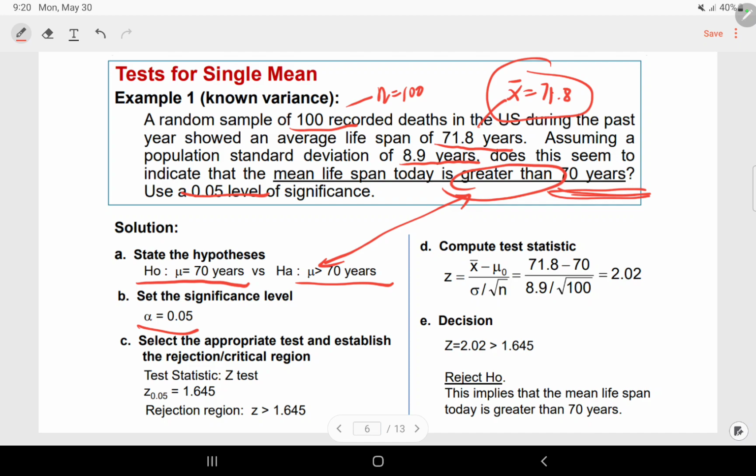So select the appropriate test and establish the rejection region. Since meron tayong population standard deviation, we can square it so we can have the population variance. So we have to use the z-test, kasi known ang population variance. And then our alpha will be, since ito ay one-tailed test, probably dahil greater than, that's right-tailed. So we have our z value